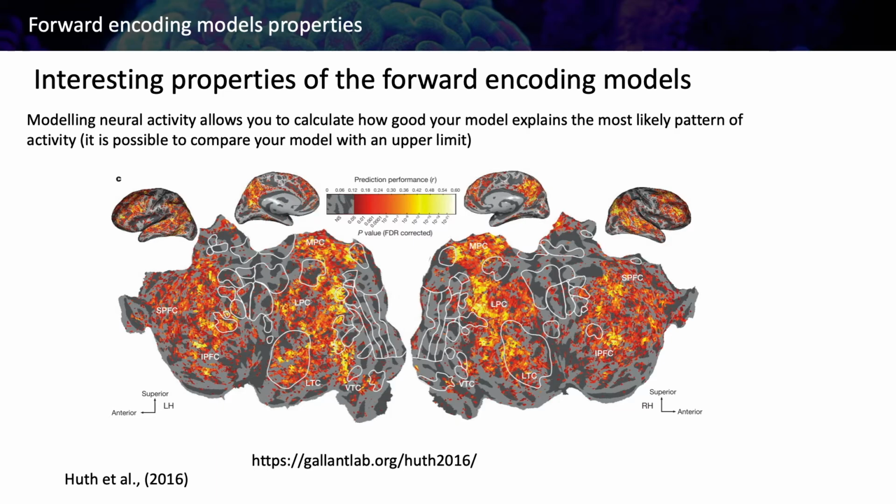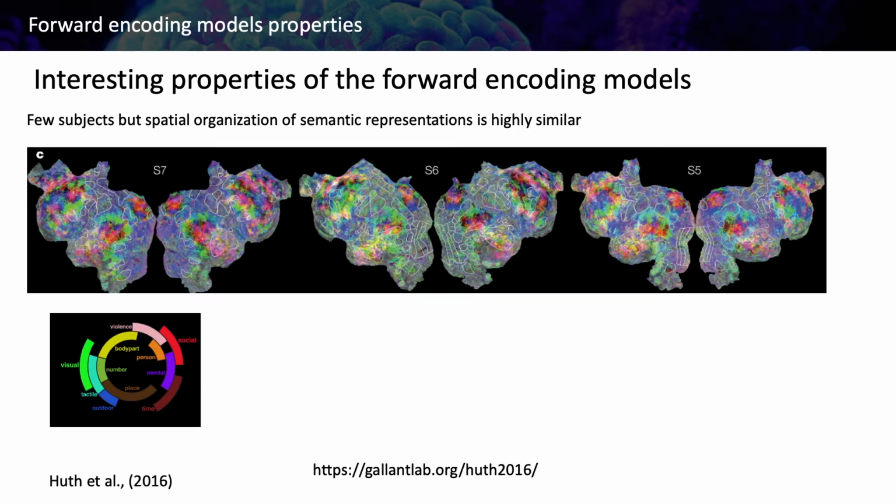Interestingly, we can then dig a little bit deeper and see what the representation of semantic information in the brain is. What they found is that there are different dimensions in the semantic space that have a lot of representation in the brain. These are, for example, the social components or the visual or somatosensory components. And these semantic maps are not homogeneous, they are actually heterogeneous and spread across the brain.